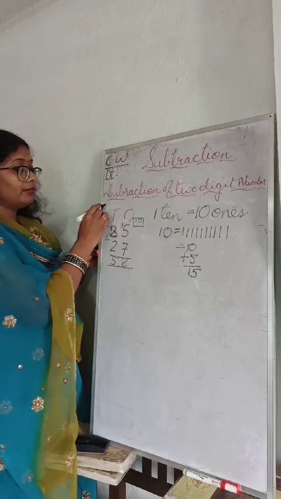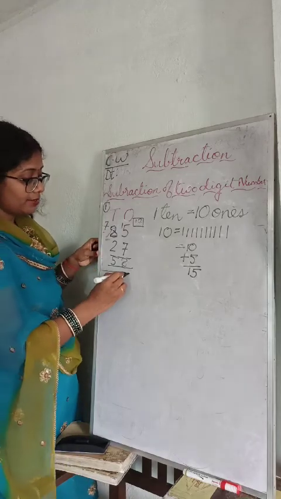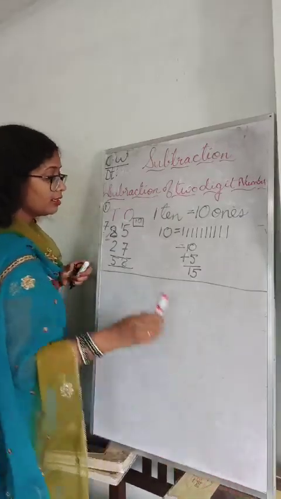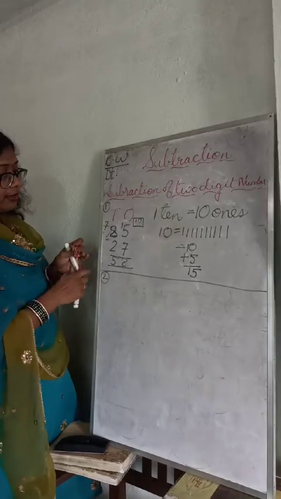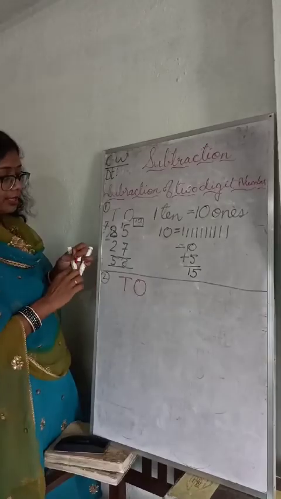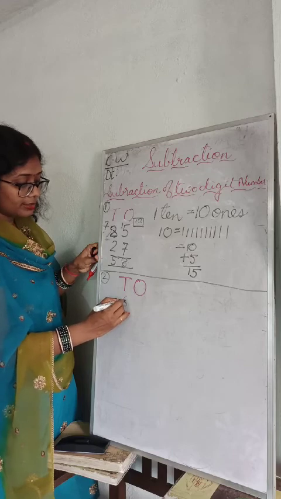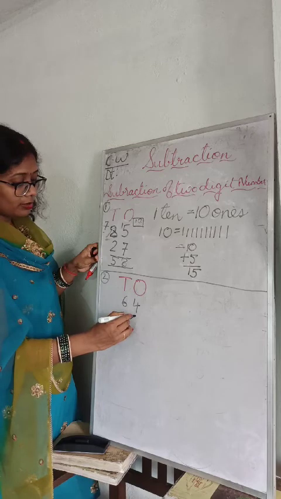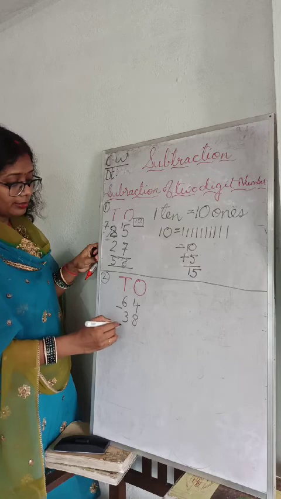Okay, let me give you one more example so that you can understand even better. This is the first example that I gave you. Now I will give you the second example, example number 2. Once again I am going to write tens and ones, and then I will write the number. Let's have the number 64, and here you are going to write 38.